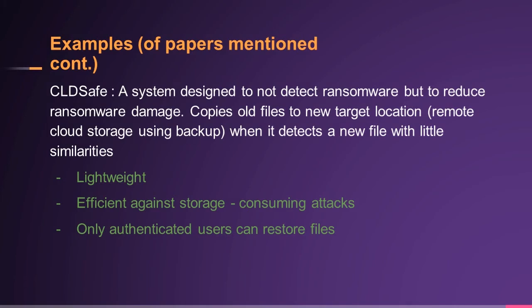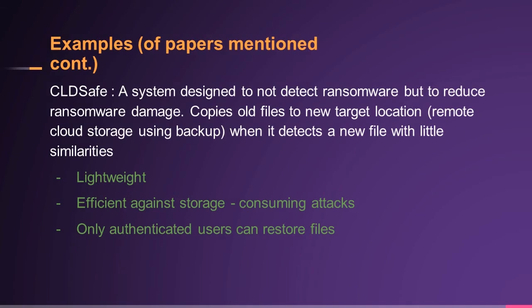Another reason why we decided to use the methods from this is because it was lightweight, efficient against storage, and lastly, only authenticated users can restore the files. And the way we did this was through a challenge response method, which would really just be typing in a designated password, or if a company felt that wasn't sufficient, they could do a different way of authenticating users to